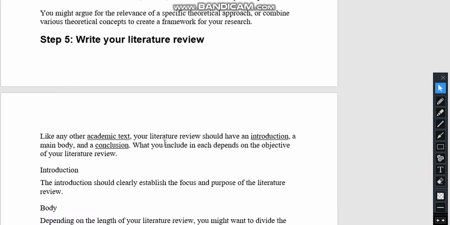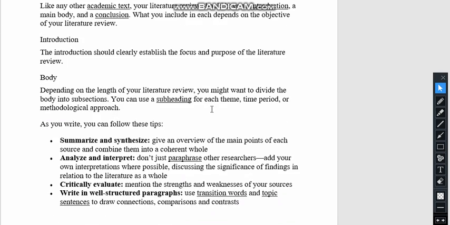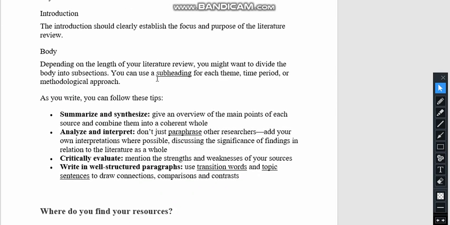Finally, we have to write our own literature review. Like any other academic text, a literature review should have an introduction, a main body, and a conclusion. What to include in each depends upon the objective of your literature review. What are the papers you have selected? The introduction should clearly establish the focus and the purpose of the literature review. The body, depending upon the length of your literature review, you might divide into subsections,